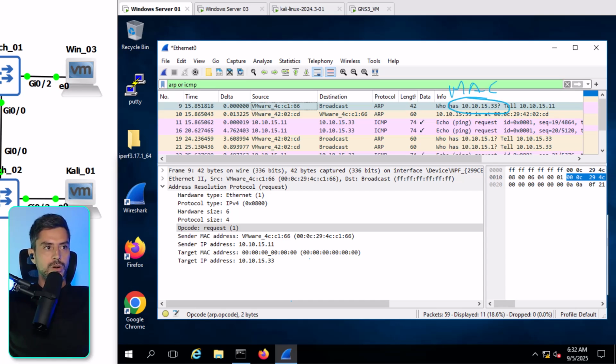Okay, so that's how the protocol works. It's asking for the MAC address assigned to 10.10.15.33, and it's telling everybody that the device has to notify